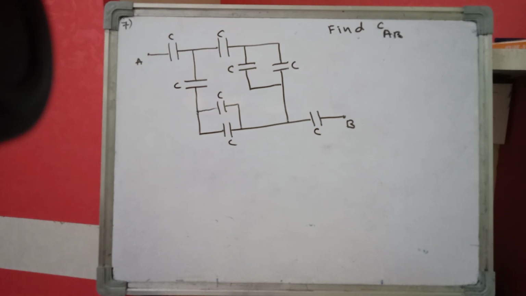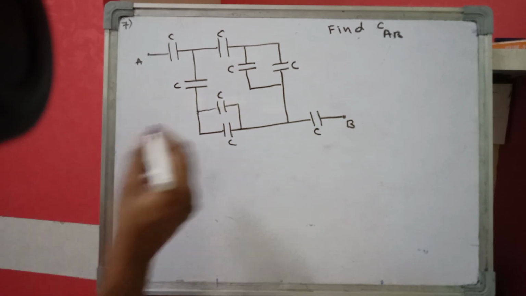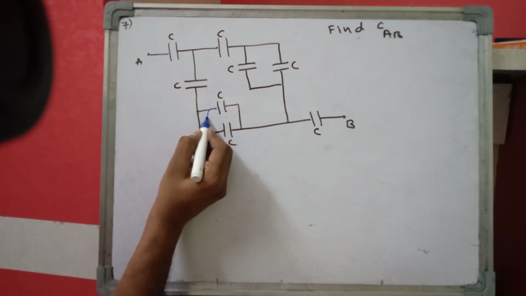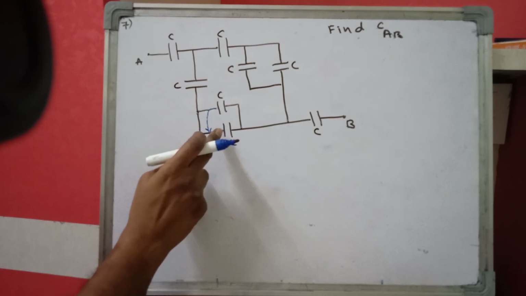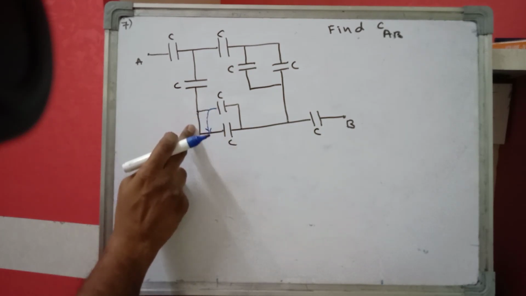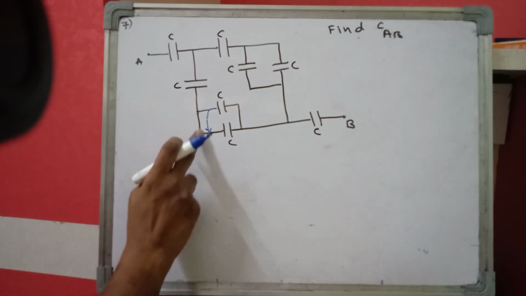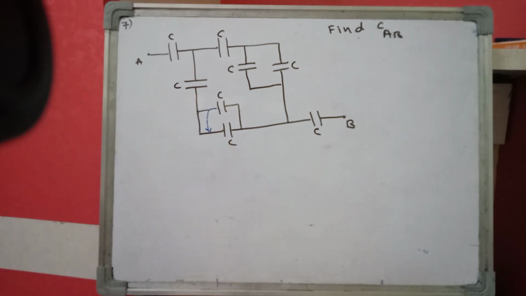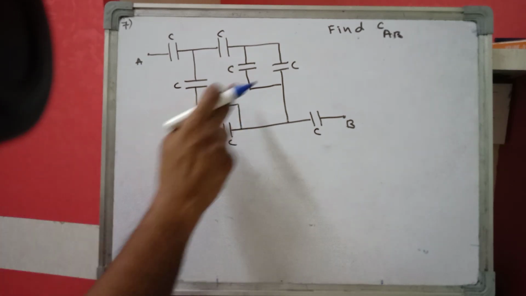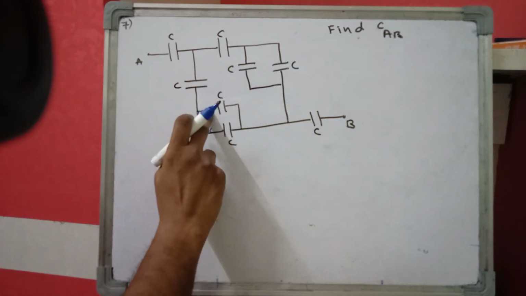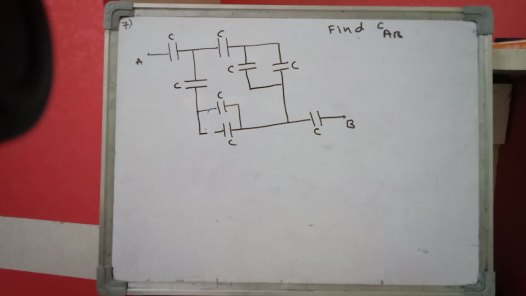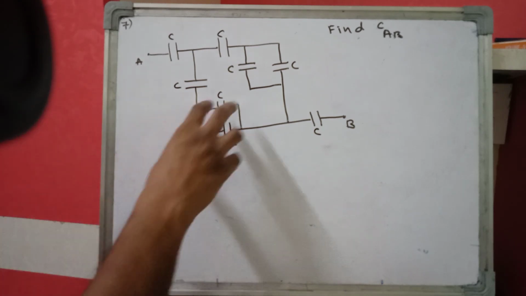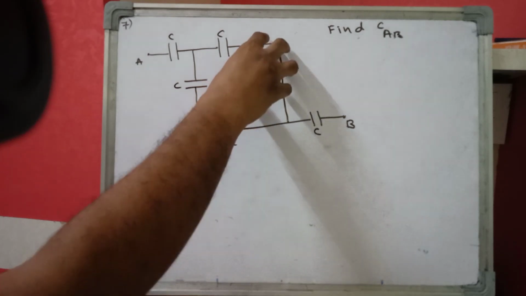Then, instead of assuming the circuit in that way, we can just modify it. See, this capacitor is connected to it. Now tell me, here to here you can connect any point. Why? Because all these are at the same potential, and conducting wire potential is the same everywhere. So these two capacitors are parallel. Here also these two capacitors are parallel. Then tell me, what is the effective capacitance of these two? The effective capacitance of this parallel combination is C1 plus C2. That's why this is 2C. This is 2C. This is also 2C.